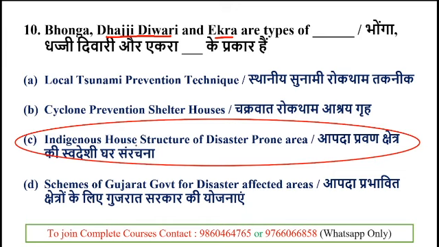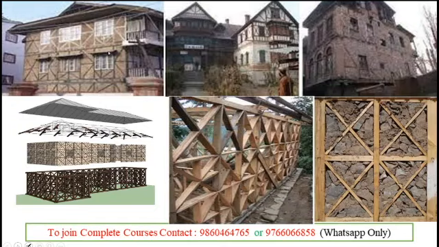So Bonga, Daji, Diwari and Ikra are types of indigenous house structure of disaster prone area. Clear? So, the next slide shows the pictures of those houses, and you can see the picture of houses like that. The wooden shield in the outer layer of the wall, and then the windows or the other areas will be covered with rocks, and it will give the wall